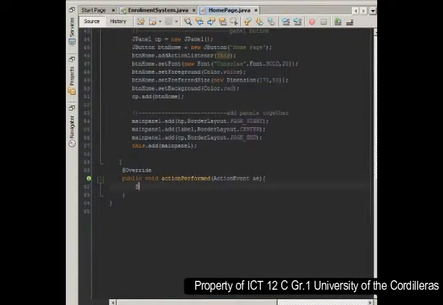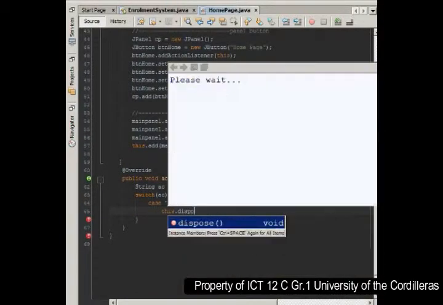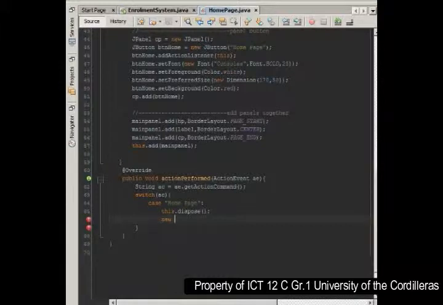For the override method, we shall use String AC is equal to AE.getActionCommand. This means to get the action once we click the button. Let's use switch. In our case, if we click home page, the frame would dispose and a new frame would pop out. And let's break, and let's set that